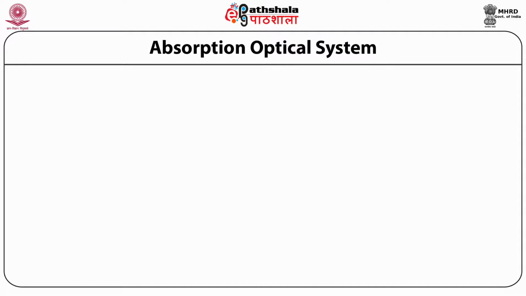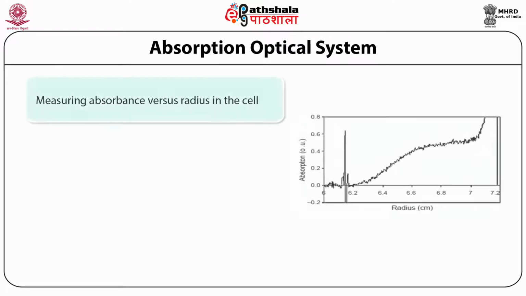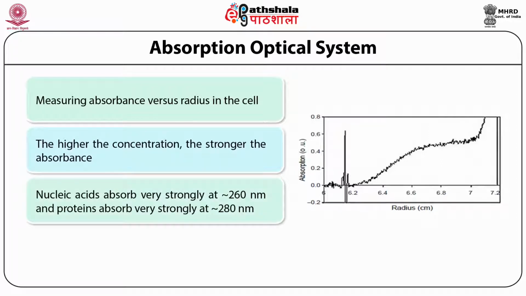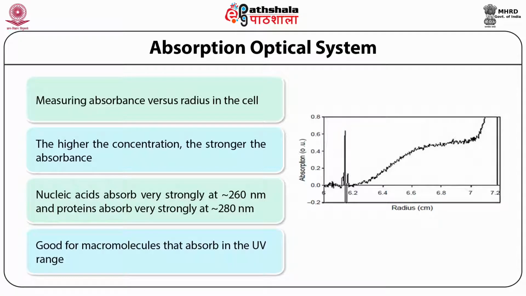Now you can see how the absorption optical system works. It is actually measuring absorbance versus radius in the cell. The higher the concentration, the stronger the absorbance, and usually nucleic acids absorb at 260 nanometers and proteins absorb at 280 nanometers. So it is good for macromolecules that absorb in the UV range. And you can see here that the absorption versus radius increases with time,